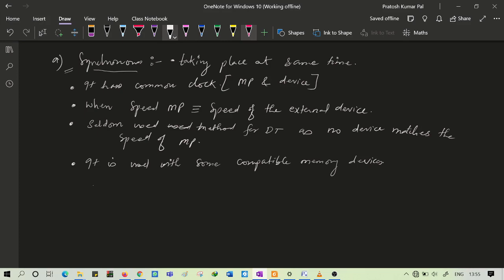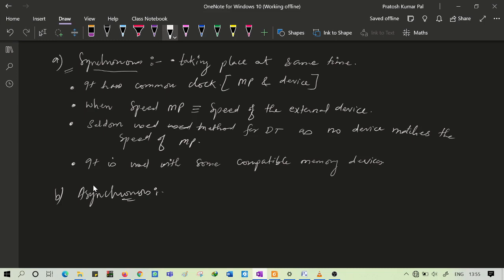Okay, the next one is asynchronous type of data transfer basically. So here it is asynchronous.